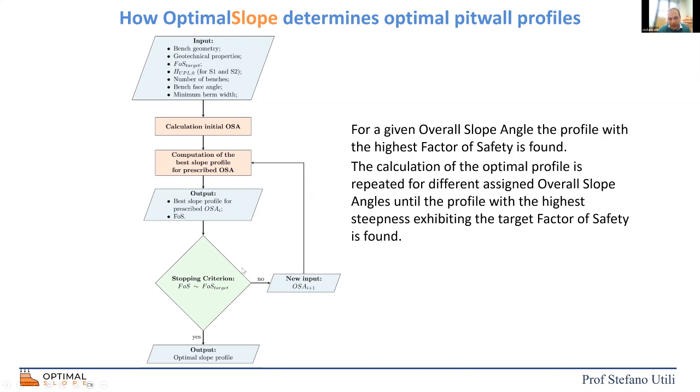So here there is a bit of an iteration which is done in the software, where there is an initial OSA, initial overslope angle. The profile with the maximum factor of safety is found. Then this factor of safety will be either higher or lower than the target factor of safety. So then a new overslope angle will be attempted, and a new best profile for the new specified overslope angle will be found. So basically, typically after 3 or 4 iterations,